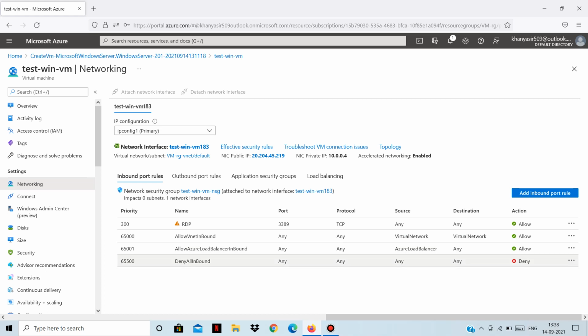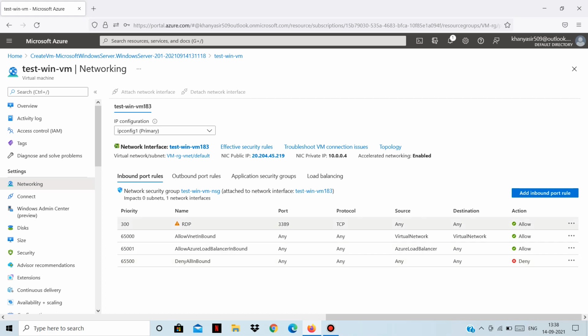So it is denied. It has an action of deny, but we have allowed RDP, which has a priority of 300. So this rule will work over that rule because a lower number means higher priority. Let's remember this: a high number means low priority.